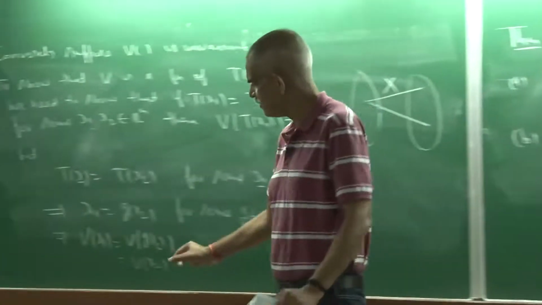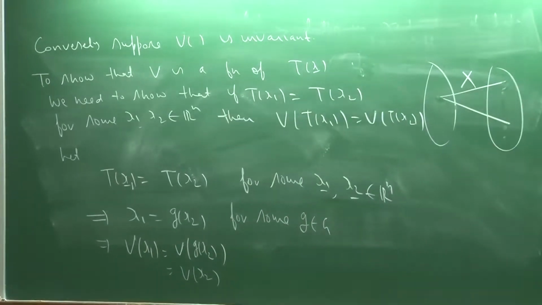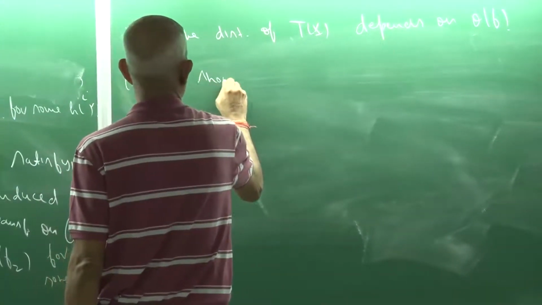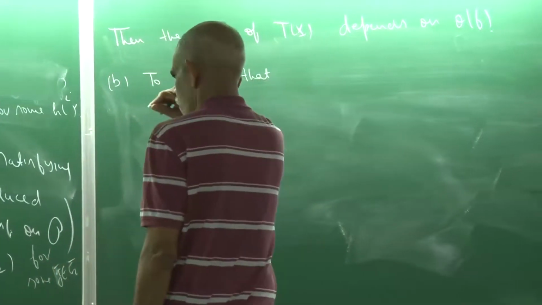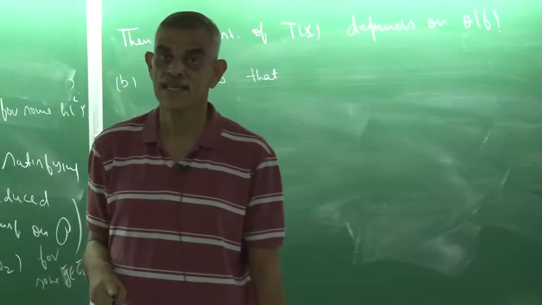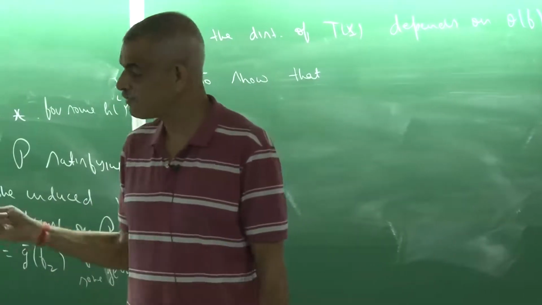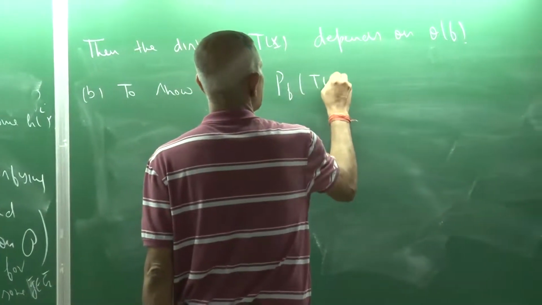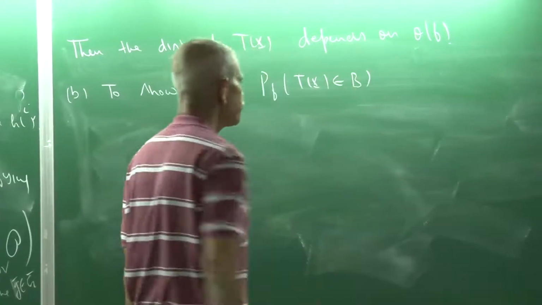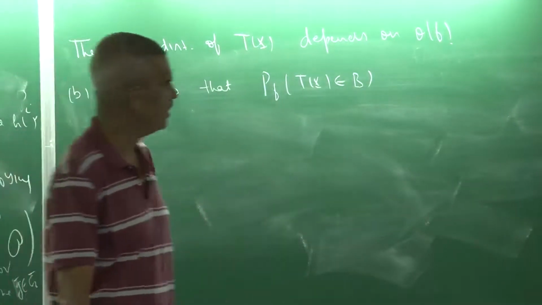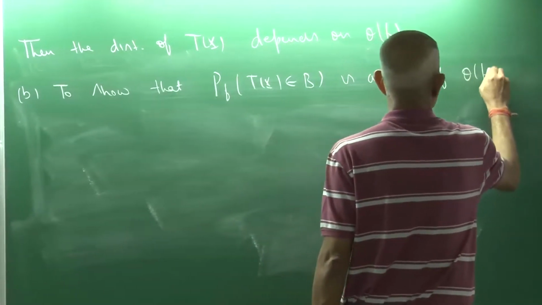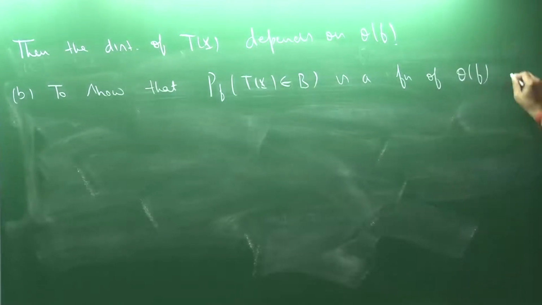So, to show that, let me write down the B part. What do I have to show? I have to show that the distribution of T is a function of the maximal invariant functional. So, to show that P f, T(x) belongs to B, this is the probability distribution of x, is a function of theta f. That means it depends on f only through theta f. We need to show that